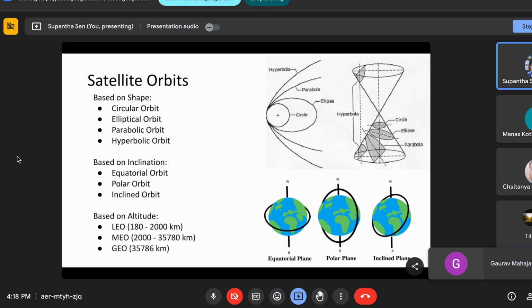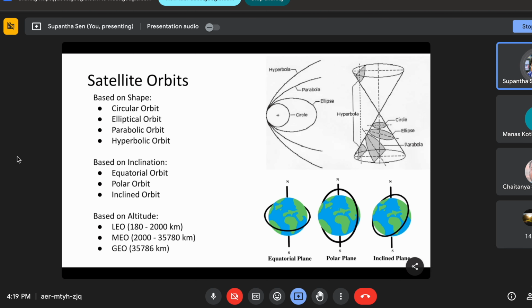There is a small difference between those two; depending on the velocity needed, you have to put that satellite or vehicle or spacecraft into that orbit. You can't put it in an elliptical orbit and then launch, as it will not go to the moon, or it will not leave the earth. So this is based on the shape, and it is also defined based on the inclination.